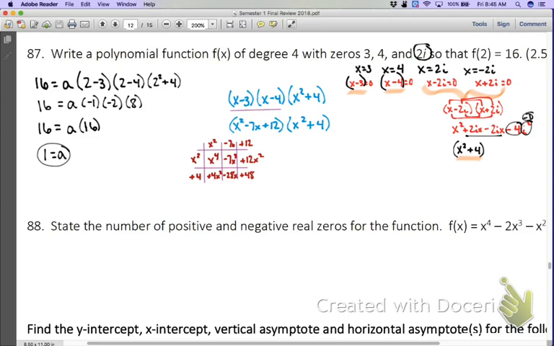So I only have two that are like terms. So x to the fourth minus 7x to the third plus 16x squared minus 28x plus 48 is what f of x, whoops,